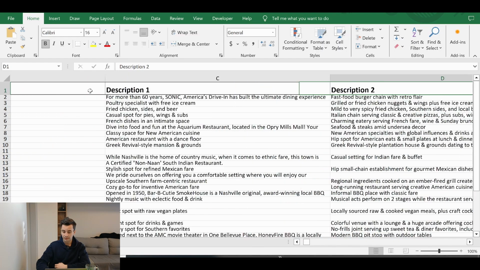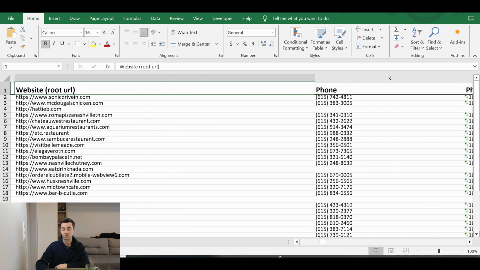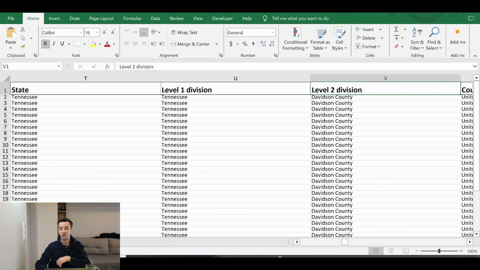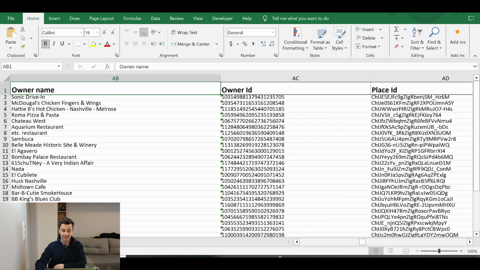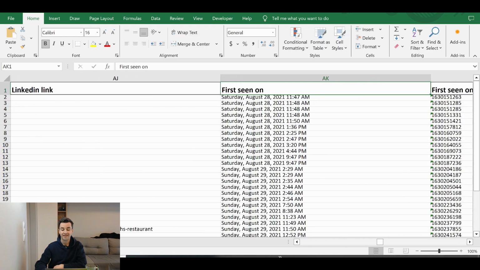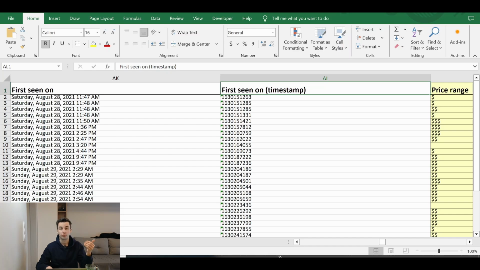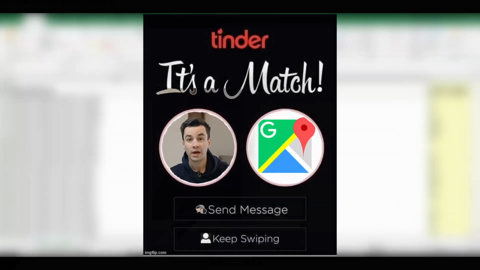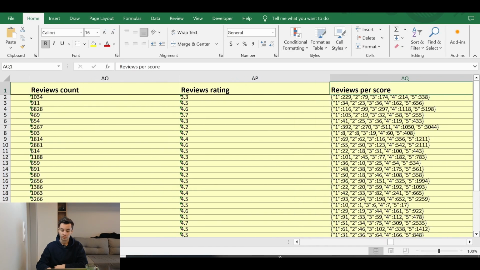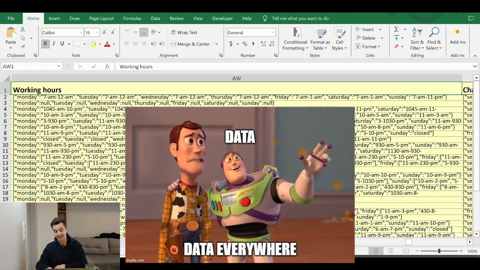Google ID, the name, description, is closed permanently, main type, all types, website, phone number, full address, which is divided into different subtypes, coordinates, of course, owner ID, place ID, email addresses, social media links, first seen on, when our crawler has seen the Google Maps page the first time, the price range, reviews ID, reviews count, reviews rating, reviews per score, photos count, the occupancy, is claimed, working hours,